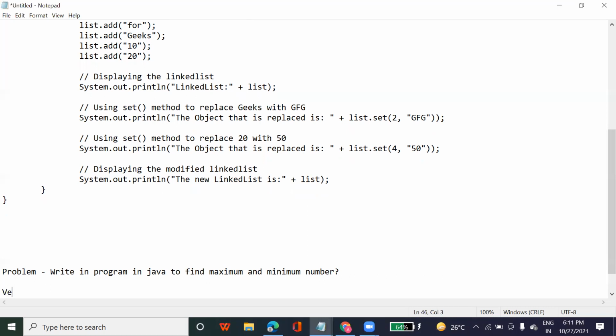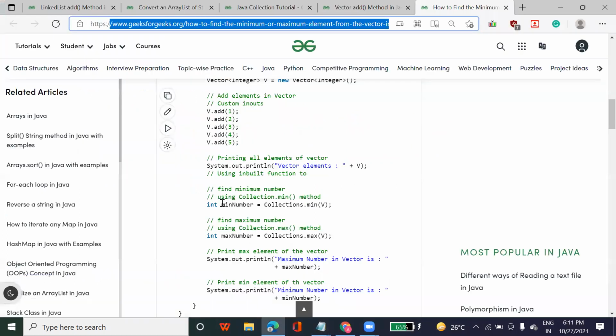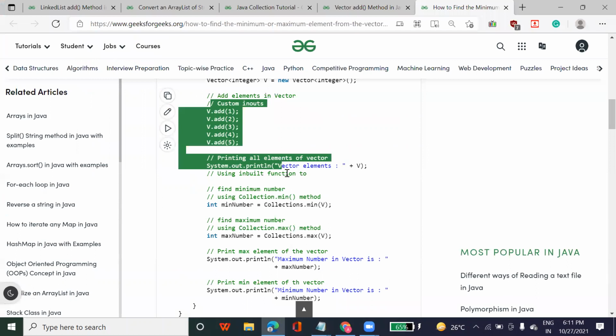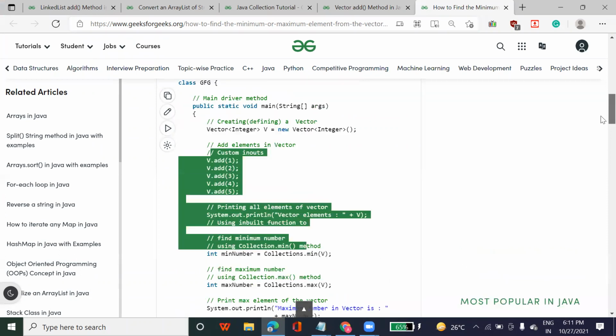This is one more question that is usually asked in the interview. You can use a vector here and solve this problem. So it's very easy to get the output. You just have to create a variable here. That's why I'm saying write down as many programs as you can, and don't copy the program.